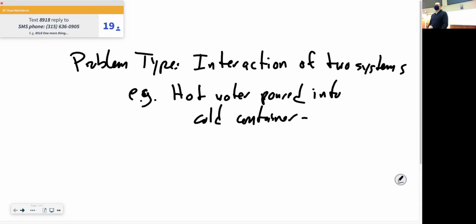And usually the question will be, what is the equilibrium temperature? So what happens, right? You pour hot water in a cold container, and there is a lack of thermal equilibrium. Energy is transferred from the hot water to the cold container continuously until they reach thermodynamic equilibrium. What does that mean? It means the temperature is the same everywhere. Assuming usually that this is some insulated thing where there's no net energy in or out, you're just transferring energy from the water to the container. It will eventually settle down into a constant temperature.